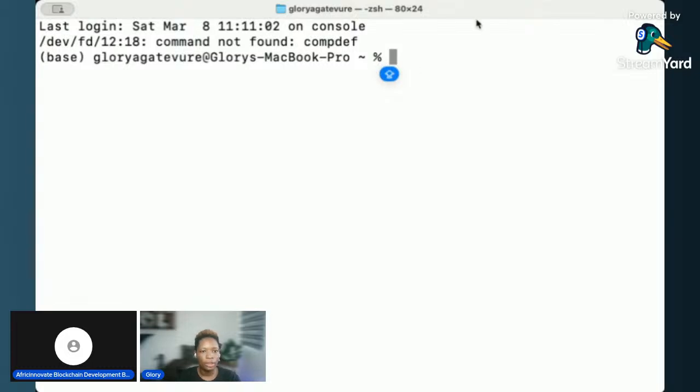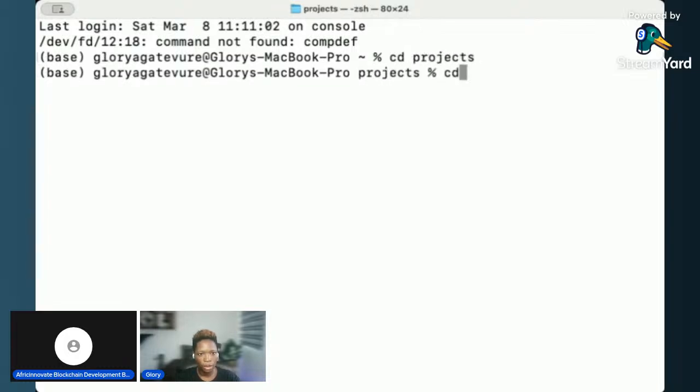So now what I want to do is I wanted you guys to be able to see how I'm following the Hardhat documentation to do this. So the first thing I'm going to do is go into my projects. I have a directory where I do all things projects. So I'm going to create a directory for this